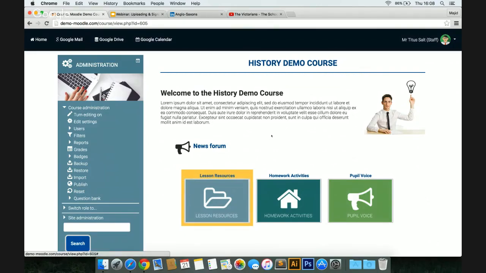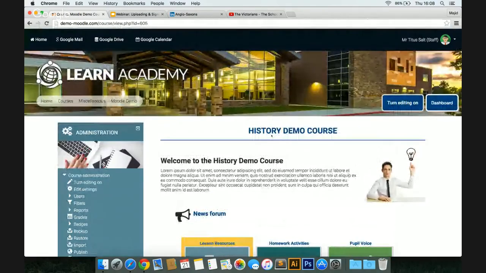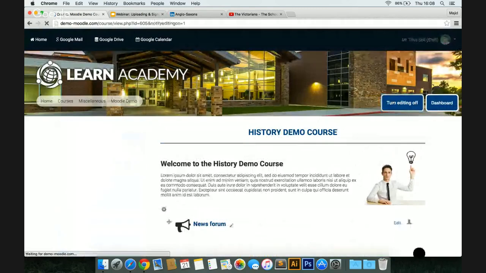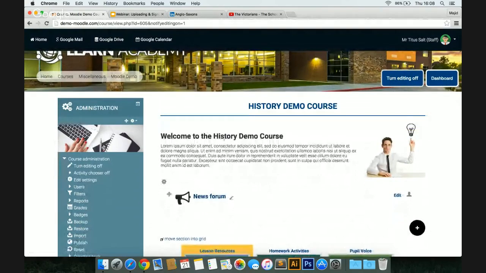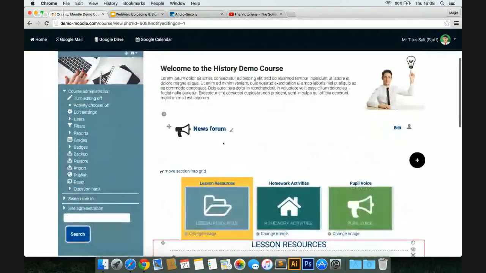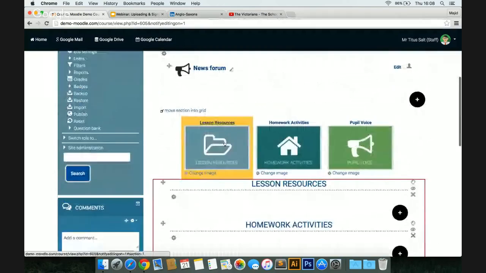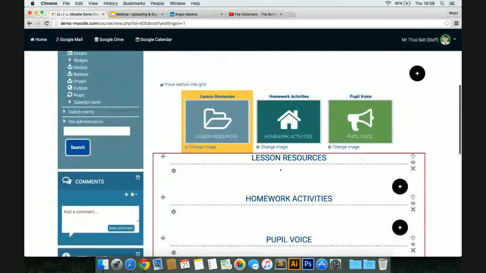use way. So the first thing I would do in terms of adding files is turn editing on. So at the very top here we've got a button to turn editing on. Okay, once editing is enabled, you can see there's lots of different icons to make changes to the existing content. Now what we can do is, if you've got all your files already created, we can upload those files, or if you wanted to, let's say, add further topics within your lesson resources, we can do that here as